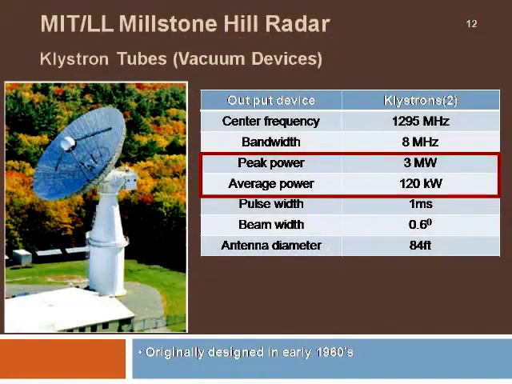Here in this diagram, you can see one particular radar which has been designed in the early 60s with the klystron tube amplifiers. You can see from the specifications of that the peak power is in the range of 3 megawatts, whereas the average power is only in the 120 kilowatts region, and the beam width of the antenna is 0.6 degrees, whereas the size of the antenna is of the order of 84 feet. Here they are going to use 2 klystrons for the total amplification, which is normally kept in the hut below